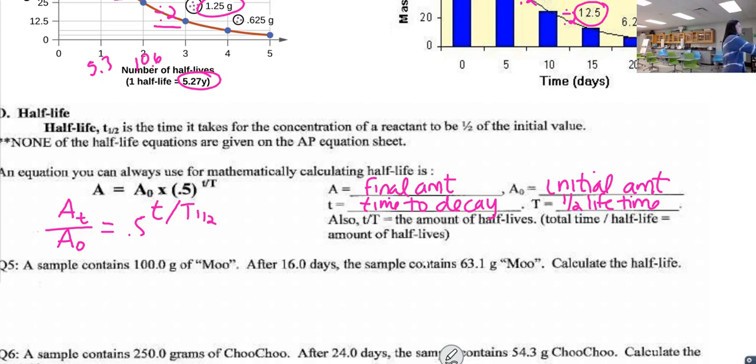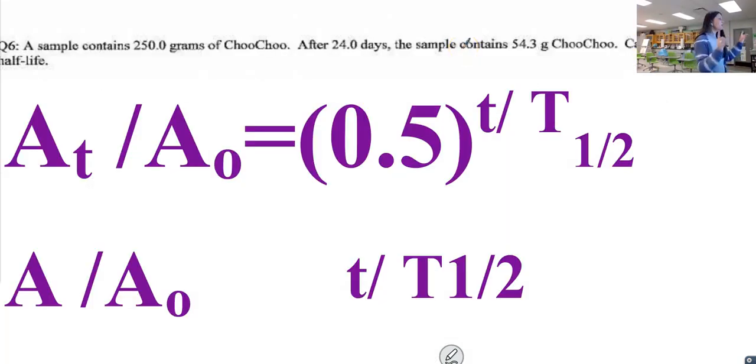So both of these should have units of, let's say, grams, and both of these should have units of, let's say, seconds or minutes or something like that, but you need to make sure that your unit is the same. It's really important that we not only understand what AT, A0, T, and T1/2 represent, but